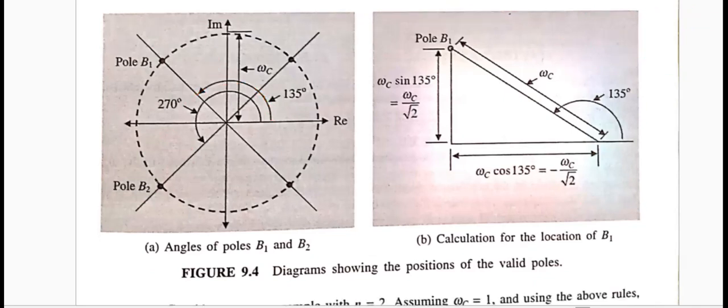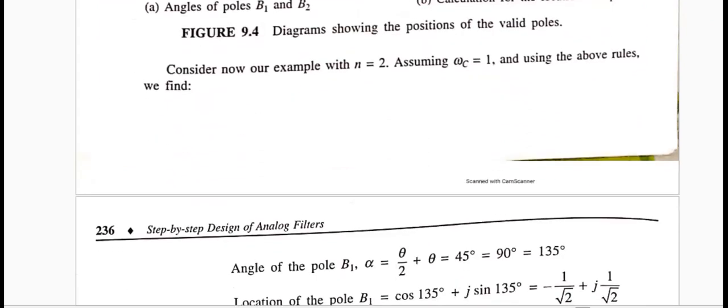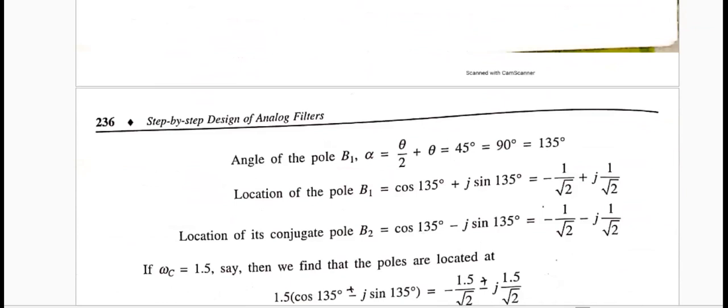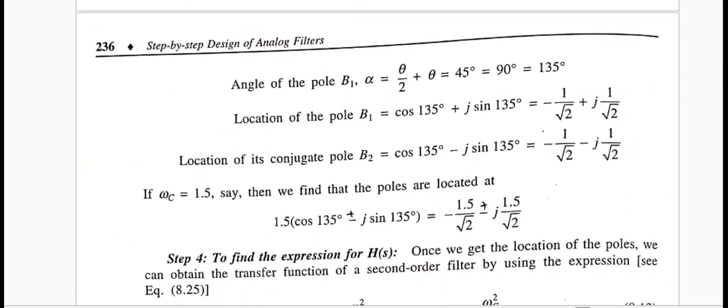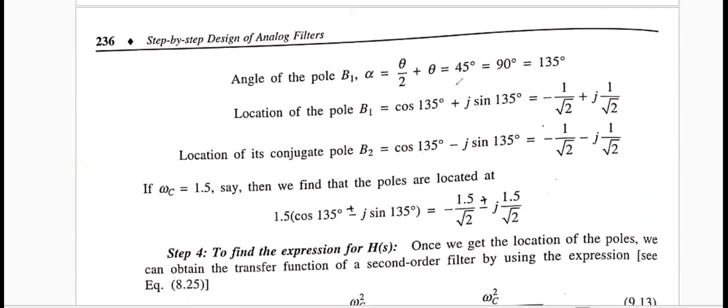Okay, so the next step has been completed for the value of n equals 2 and omega c equals 1. So the example has been given here for a particular case. As we know, the angles at which we got the poles are 45 degrees, 90 degrees, 135 degrees. So as we know that at the angle,